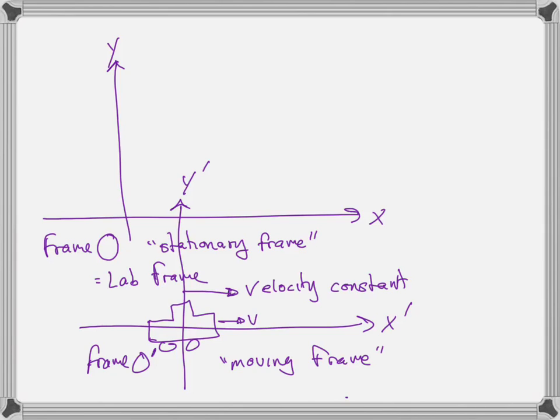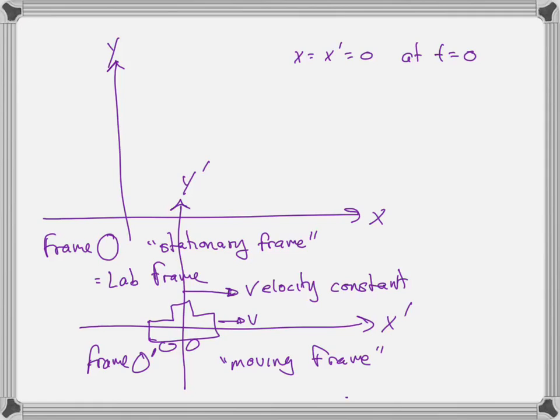Okay, so that's what I've done here, I've just glued a coordinate axis to the different frames of reference. And let's just say at t equals 0, those two coordinate axes are coincident. That way, we have x equals x prime equals 0 at t equals 0 in both frames, right? That just makes the math a little bit easier. And then the frames move apart. After t equals 0, the frames move apart.